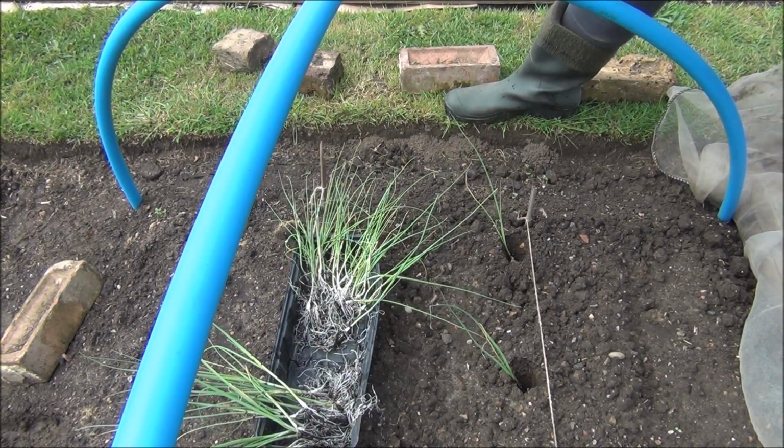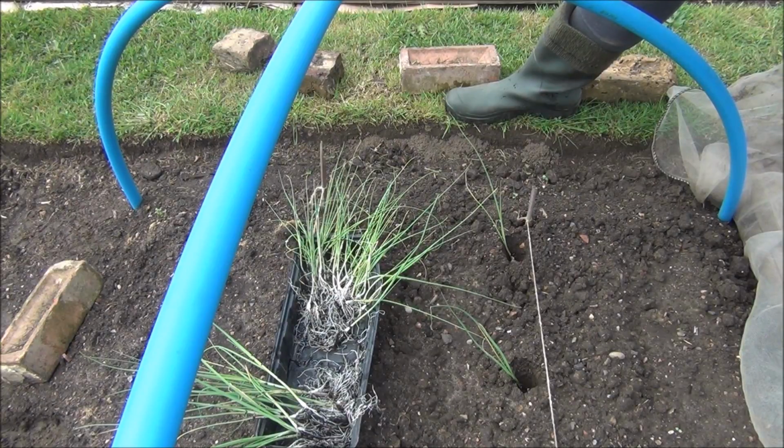So this is going to be a bit of a PS on the little mid-May update. So now that I've given you a leeks PS and I'm about to run out of battery and I've got about 6 hours worth of jobs to do on the plot today, so I will say a proper cheerio now